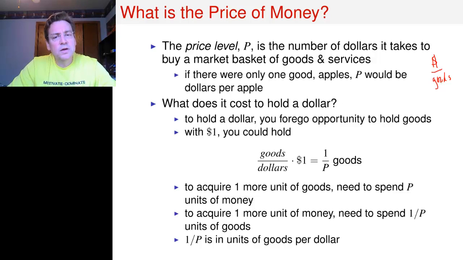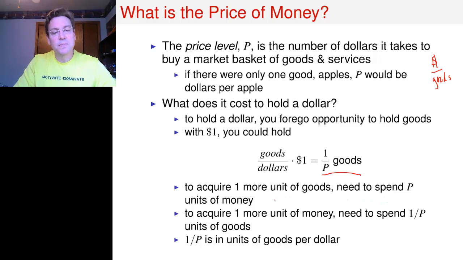But what does it cost to actually hold a dollar? Well, in order to hold a dollar, you have to forego the opportunity to hold goods. So with $1, you could instead hold 1 over P units of goods. To word it differently, to acquire one more unit of goods, you need to spend P units